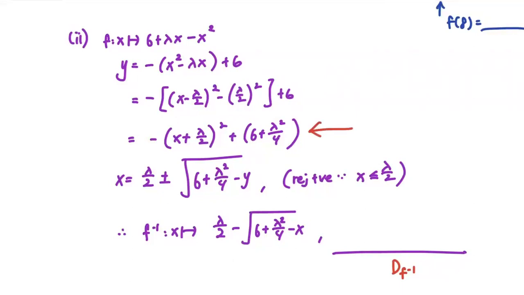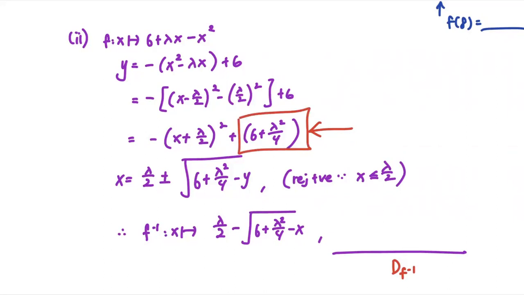No, this is a parabola, a quadratic curve. So how do you find the range of a quadratic curve? What kind of graph is this? Sad face or happy face? Sad face, right? Because the coefficient of x squared is negative. It means it's going from negative infinity all the way to